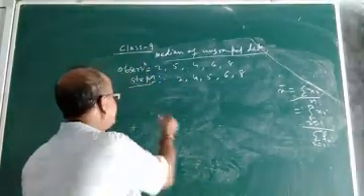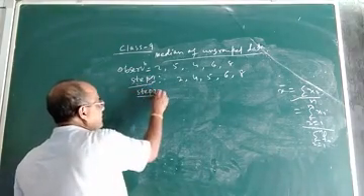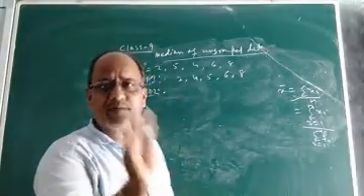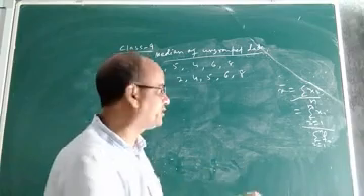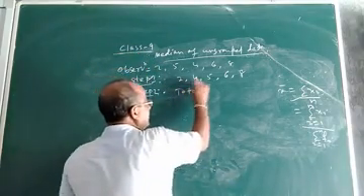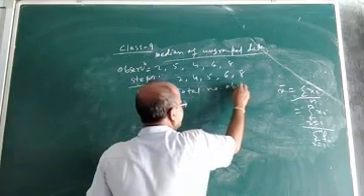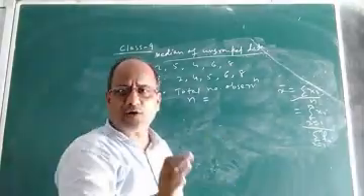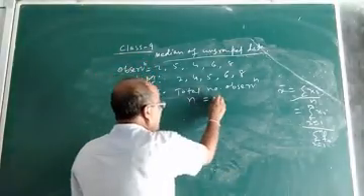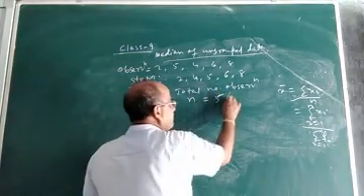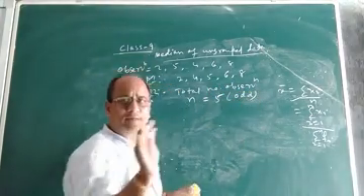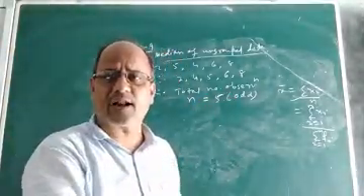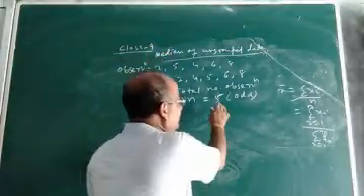Now what is the next step? The second step is, after writing the data in ascending or descending order, find out how many observations are there, whether it is even or odd. In this particular case, let us denote the total number of observations by n. So n is equal to how much here? 1, 2, 3, 4, 5. 5 means it is odd. So after writing the observations in order, find out how many observations are there and ensure whether it is even or odd. Now in this case it is odd.